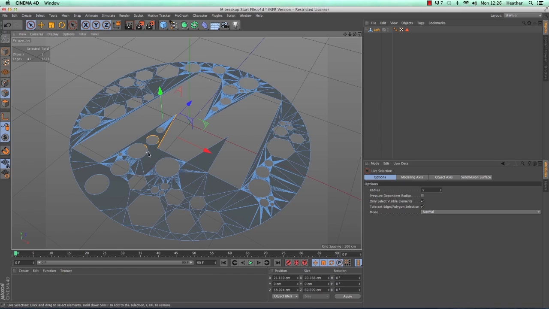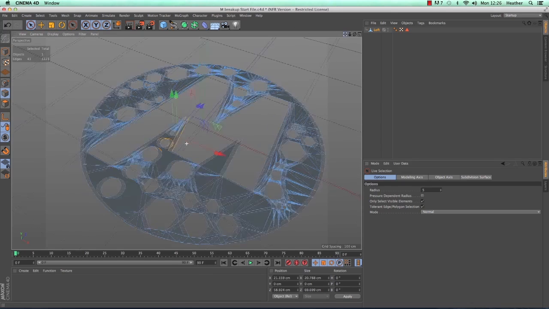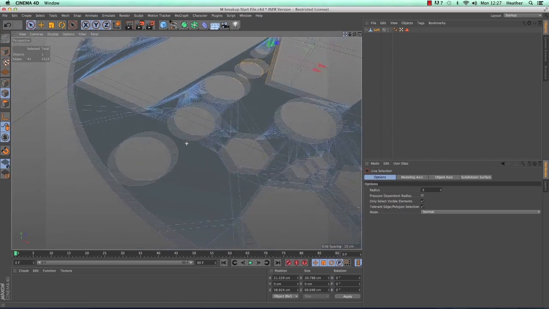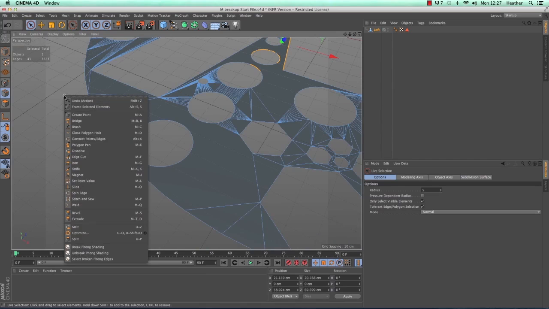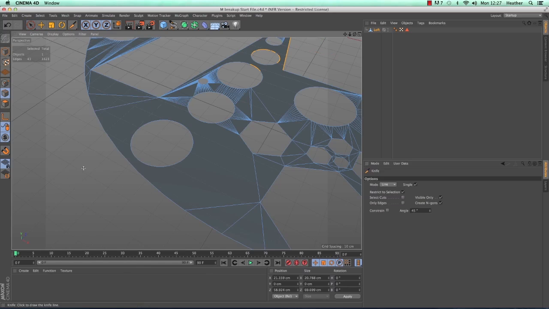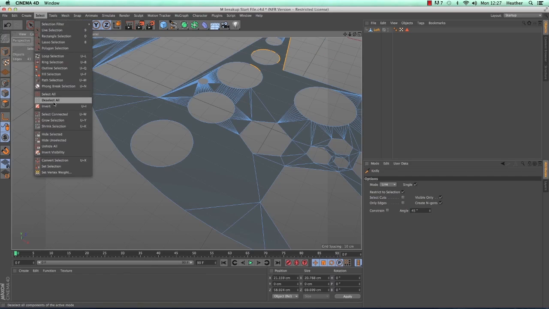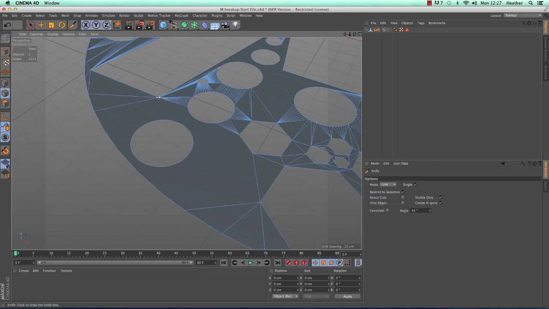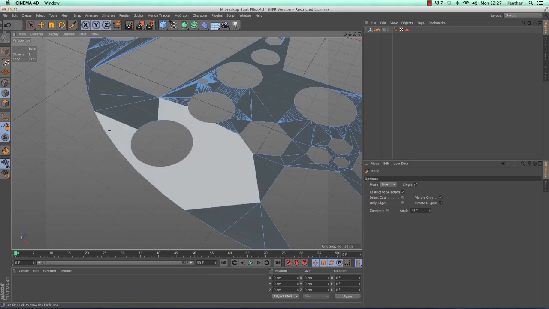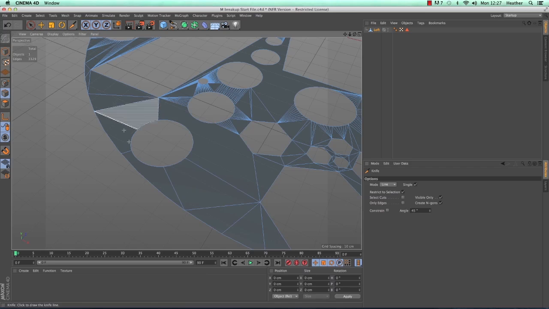Now to add in the subdivisions that you would like, I'll just zoom in on this section a little bit. So for that we can use a knife. So again, right click in the free space and go to knife tool. I just need to deselect those lines. There you go. So now we can add in our own subdivisions, so we can create our own chunks. You can make it as detailed or as simple as you like. So it really depends kind of how long you want to spend and what kind of effect you want to achieve.